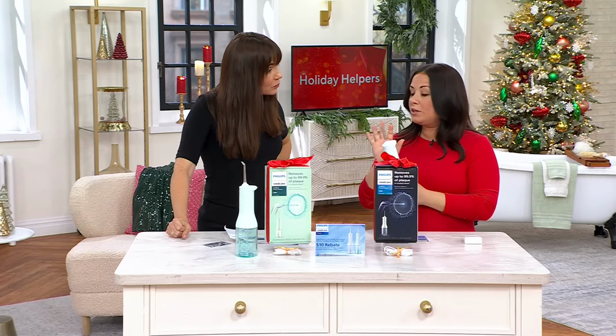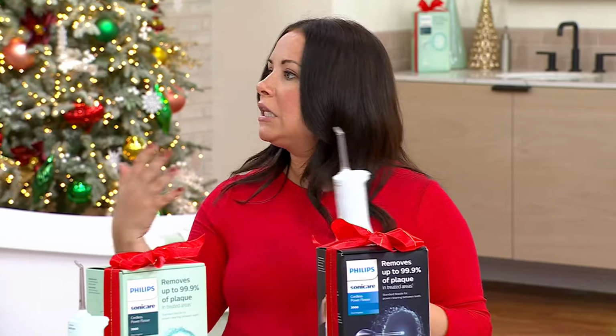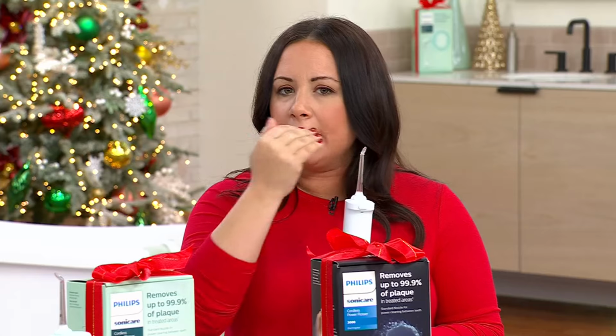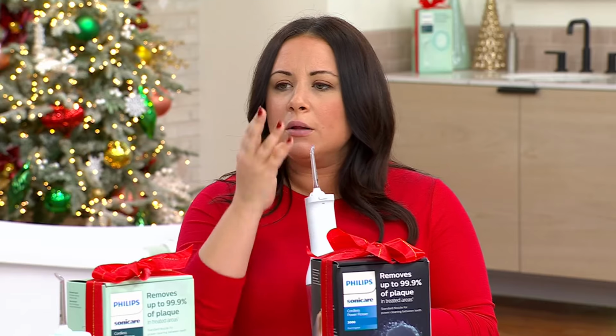There are different methods that we're going to do. You want to think about what's going to be the cleanest method for you. What's not going to create a mess? Because who wants to deal with a mess? This is all about hassle-free, effortless. So we like to suggest this straw method, which is where you put it in the mouth, let me backtrack. You want to target which area you're going to get, and you can do that with the quadrant 15-second guide to help you. You want to get along the gum lines, and then once it's in there, you really want to not bite down, but close the lips, and you're just